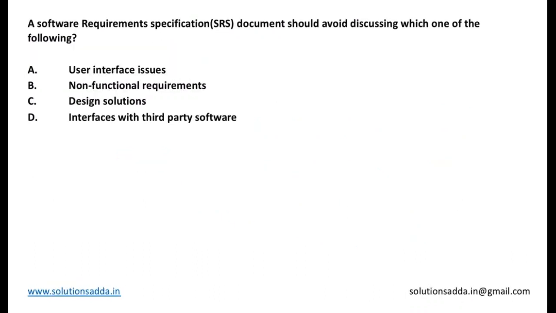This is a question from software engineering. A software requirements specification document should avoid discussing which of the following? Options are user interface issues, non-functional requirements, design solutions, or interfaces with third-party software. So basically an SRS or a software requirement specification is a